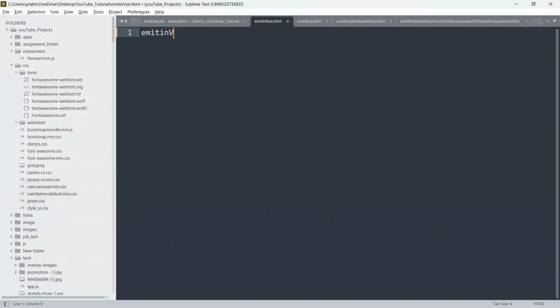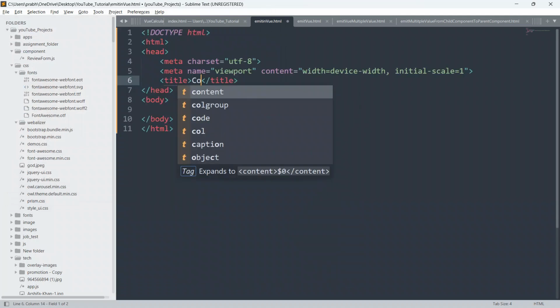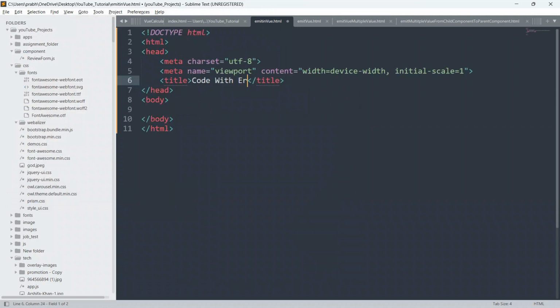Okay, so create an HTML first, and give the title CodeWith ER Prabhat Pandit. By now you all know that my name is Prabhat Pandit and I am a ServiceNow developer working at Happiest Minds, Bangalore, with more than 4 years of experience in software development. First of all, I would like to paste some CDN links from the previous example, just to save a little bit of our time.